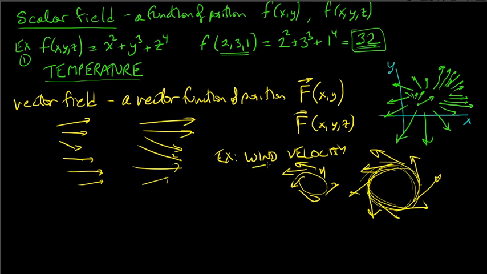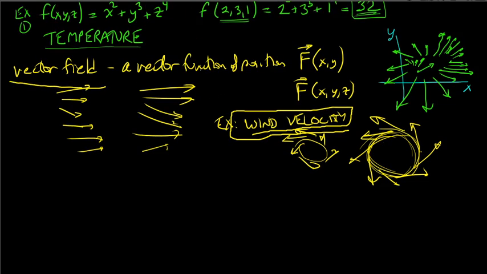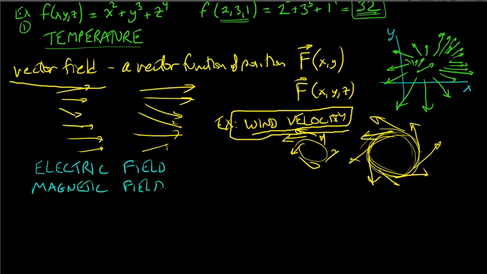So yeah, wind velocity is a good, familiar, intuitive example of a vector field, right? And of course, when you get to your physics courses, especially the second semester of physics, you will talk about the electric field and the magnetic field. And these are further examples of vector fields. Depending on what you're doing in life, they may or may not be familiar to you. But once you take your second semester physics course, you will be more familiar with electric and